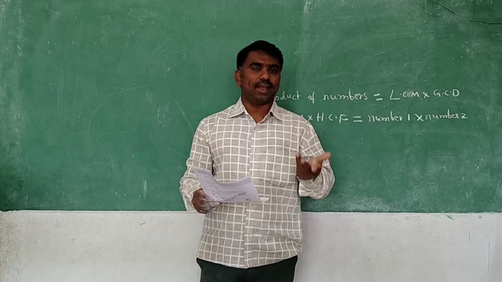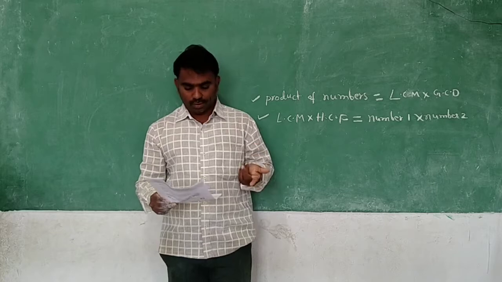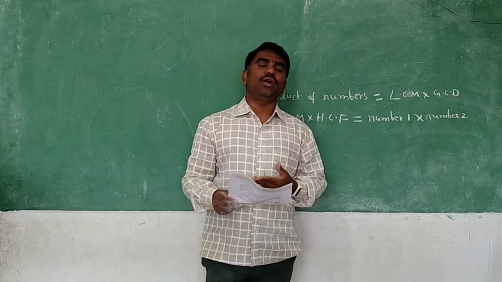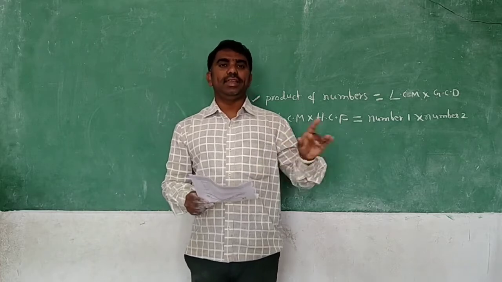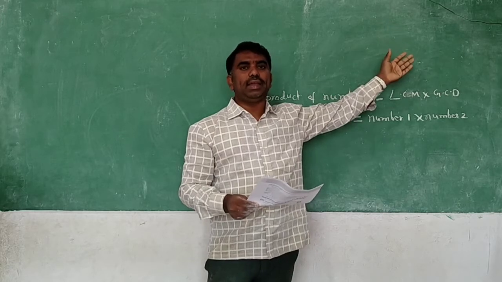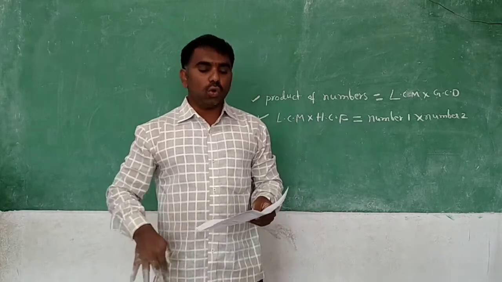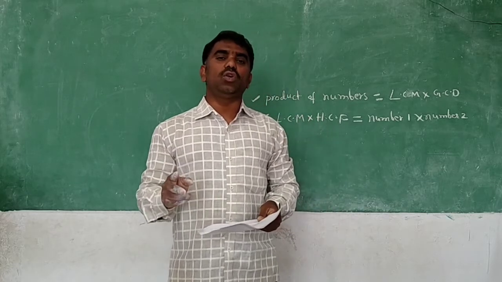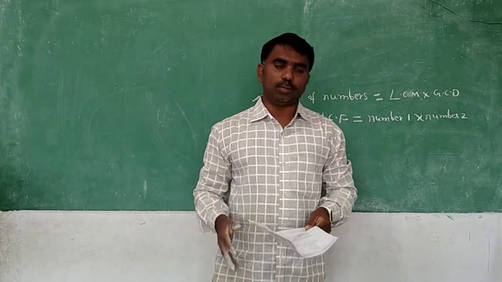I have taken the three examples 12 and 18, 8 and 9, 6 and 8. You should take the examples 15 and 24, 8 and 25, 12 and 48, and then find the LCM and GCD and complete the table like that only. Write the LCM into GCD multiplied, and write the product of the numbers also. Then try to check the relation. Do you find that the product of the numbers is equal to LCM into GCD or not? Continue the same table with these examples.